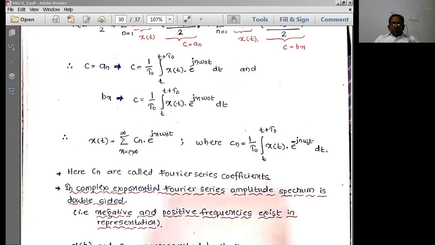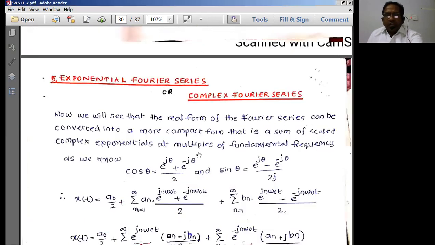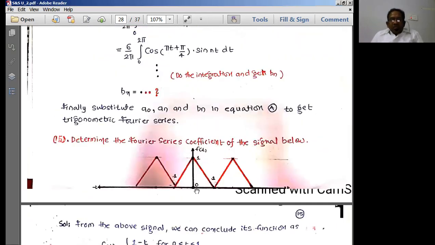That means x of t is normally represented with the coefficient of the function, which is going to be the coefficient of the exponential signal. Now what do you mean by the exponential signal? With respect to e to the power j omega naught t, various harmonic signals are going to be there. That means the entire y quadrant of the spectrum is normally being considered. In terms of a spectrum, if we consider a spectrum, what can we have? The entire portion on the y axis is going to be a spectrum.